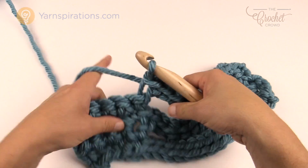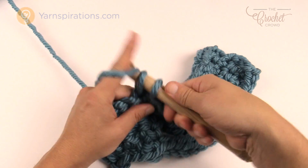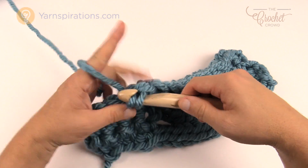There's your 10, and then the final 4 are just single crochets. So please repeat rows 2 and 3 all over it again until you get to 27 inches in the length,